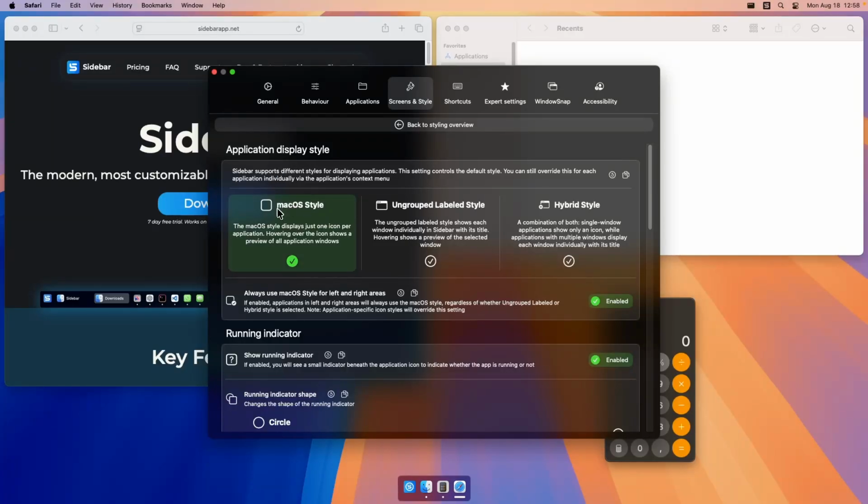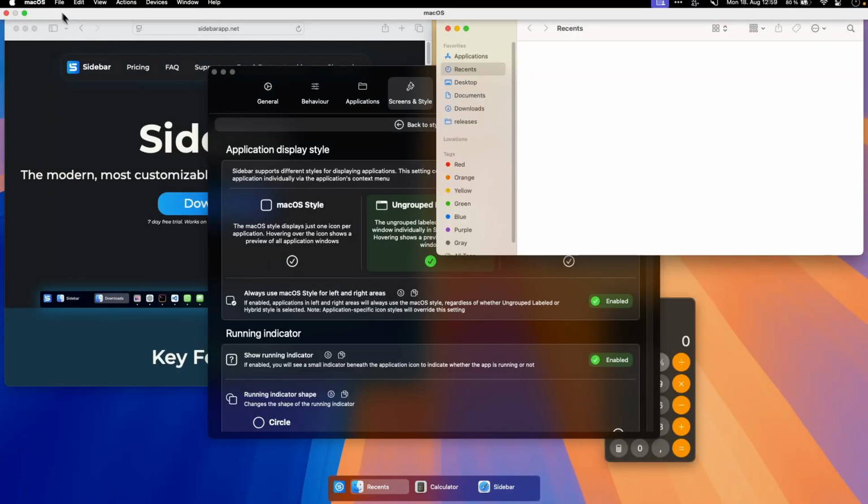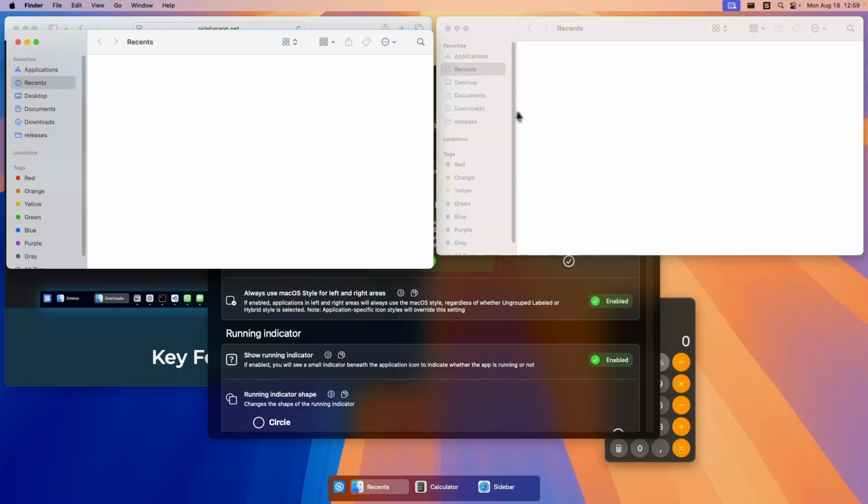By default, and depending on the theme you select at the beginning, this uses the macOS style right now. So it's just a single icon for every single application window. All right. We can switch that to ungrouped label, which will automatically show each individual application window. So to showcase this, we are going to open a new Finder window